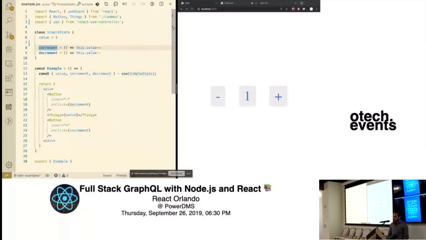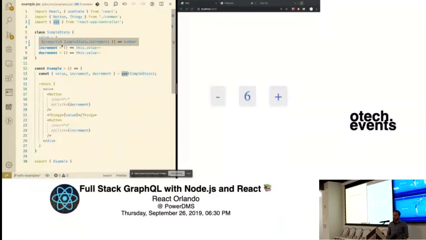Now, every time any one of these methods is called, it just updates the state, because this dot value is either higher or lower, and the use hook over here can detect changes to what is called a model. If you know React, then you know the concept of model view controllers. Essentially, this serves as a model and a controller in one, and hence it's a model controller.